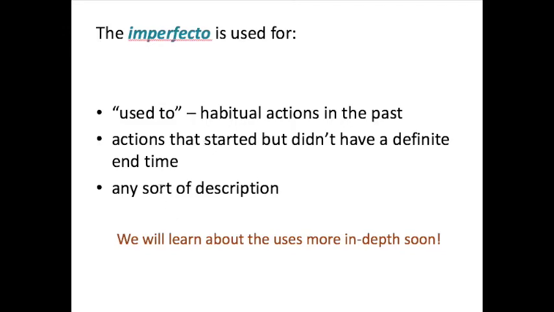So we talked about this as well. This is kind of a review here. Any kind of verbs that end in AR are going to have these endings. Just like we do with everything else, we take the AR off of the verb and then we add these endings. So yo aba, tú abas. Tú is always going to have an S at the end of it. It doesn't matter in what form, it's going to have an S.